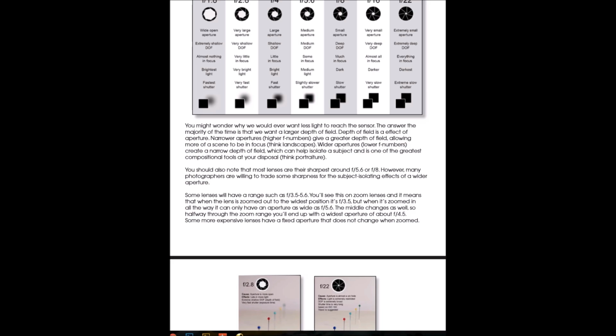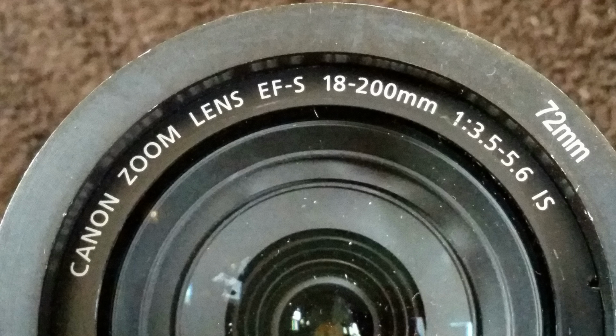Think portraiture. You should also note that most lenses are their sharpest around f5.6 or f8. However, many photographers are willing to trade some sharpness for the subject isolating effects of a wider aperture. Some lenses will have a range such as f3.5 to 5.6. You'll see this on zoom lenses, and it means that when the lens is zoomed out to the widest position,